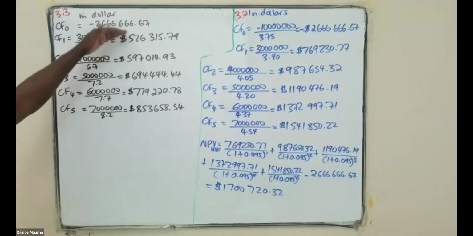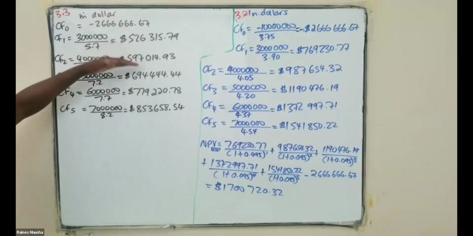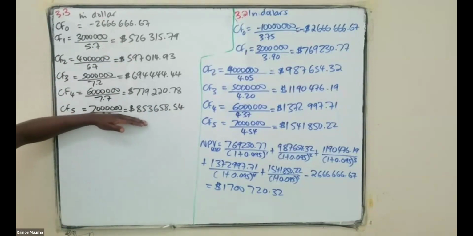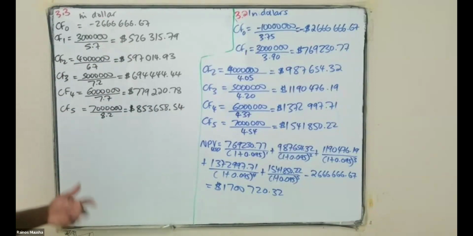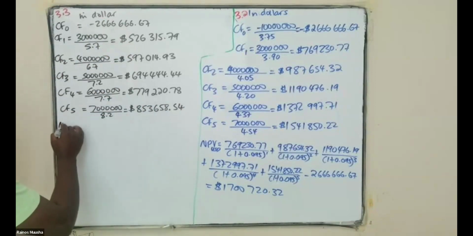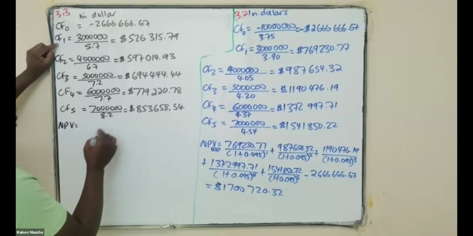Now that we have the cash flows in dollars, according to the actual exchange rates, and we have the cost of capital, which is already given in dollars, as 9.5%, we can now calculate the net present value. So your net present value in this case is going to be, for the first year,